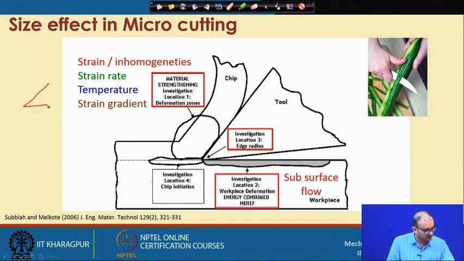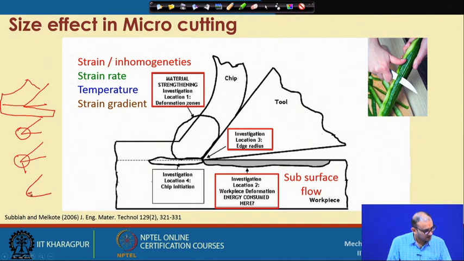and then we show that this is the chip which is removed, this is the workpiece, and this is the machine component. So, we always tend to draw the tool something like this, but if you magnify this particular area, nothing is sharp; perfectly sharp is not possible to make. So, if you magnify this area, you will find that there is always one